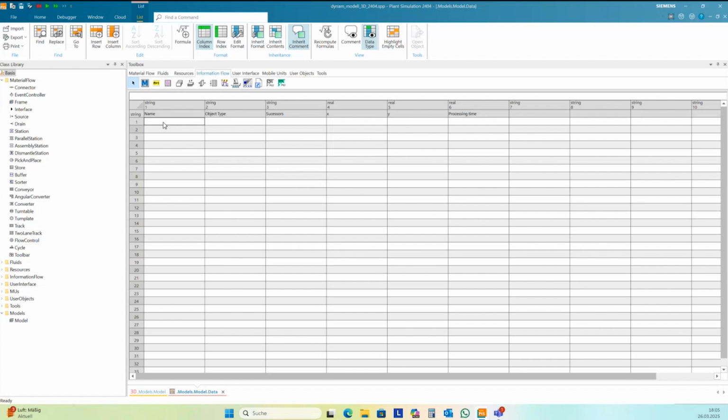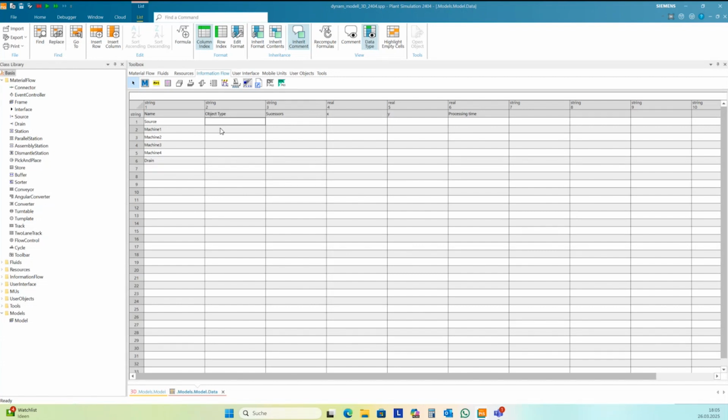Names, I want to create 4 machines, a source and a train. Very simple. Machine 1, and train.